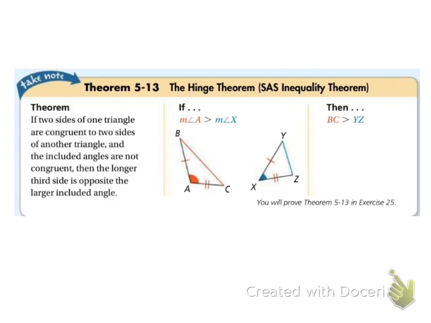This is 5.7a of geometry. So we've got a theorem here, theorem 5.13, called the hinge theorem. And you can picture this, they call this the hinge theorem in reference to a door or something with a hinge. So if we look here, we've got two pairs of sides congruent,